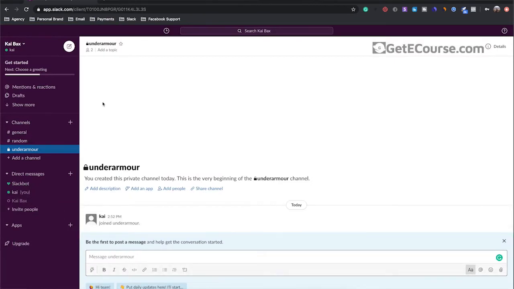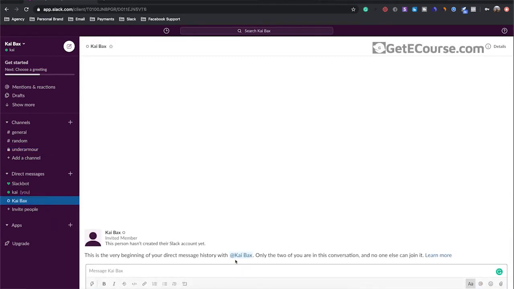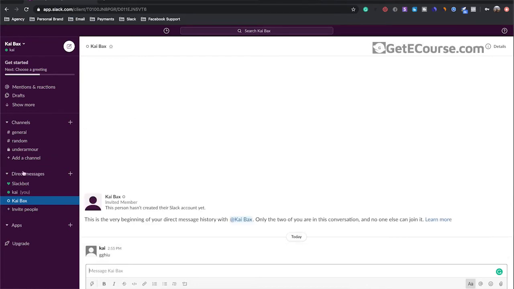So now you can see, if you go down here on the left, what I was saying before, where you manually create your channels. As you can see here, I've manually created this channel via the steps we've just gone through. But also down here, what I was saying before, they automatically create direct messages. You can see here, I've automatically been added into here. Obviously my request is pending because I've not accepted it. But once they accept it, they automatically go into here, so you can have a direct message within here, okay?